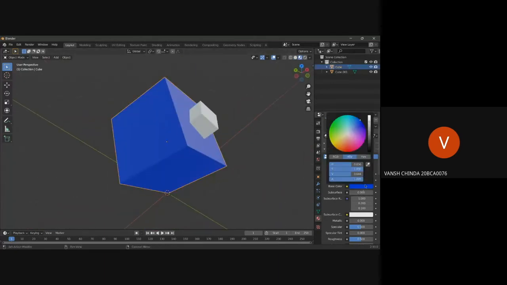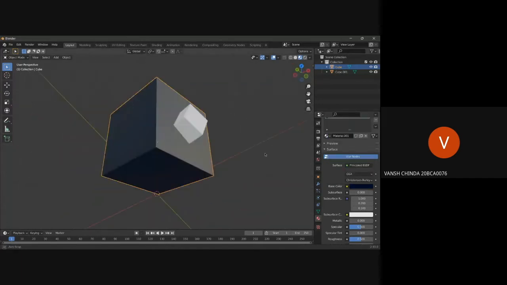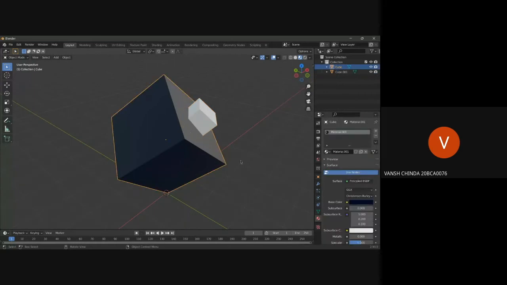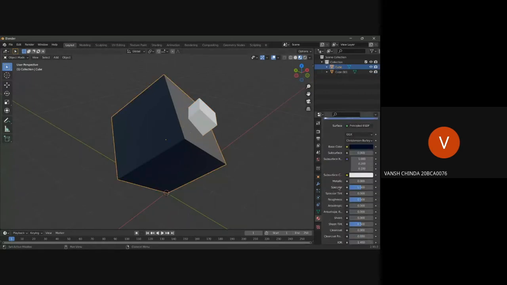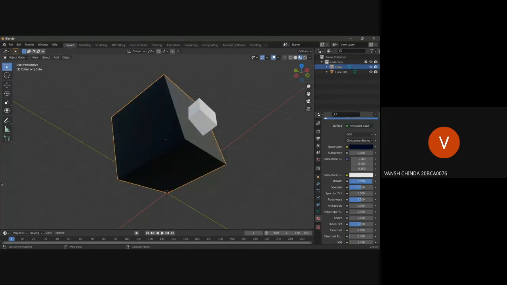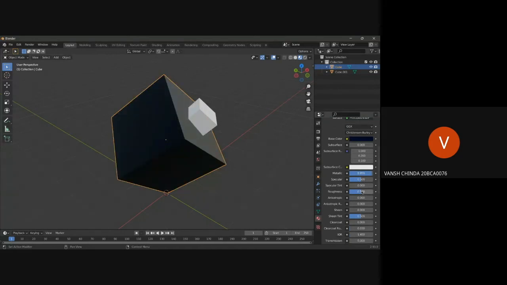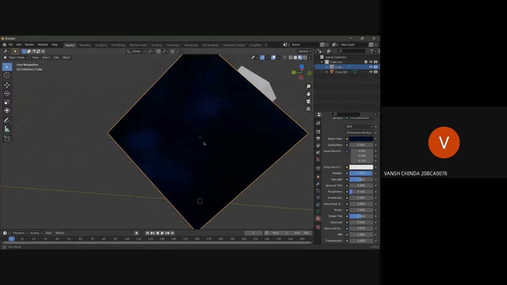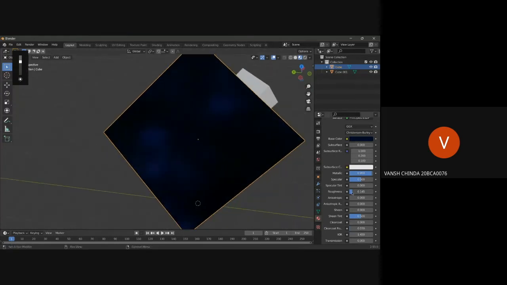Let's change it to something darker and much denser, I think. Yeah, this looks good. And we can change a lot of things here. Like we can make this metallic, not too much. Yeah, this much is enough. We can reduce the roughness. The more roughness we reduce, the more glossy it will get. So you can see the reflections, I think. If I increase the roughness, it will get more rough and no reflections will be visible. So let's keep the roughness really low.